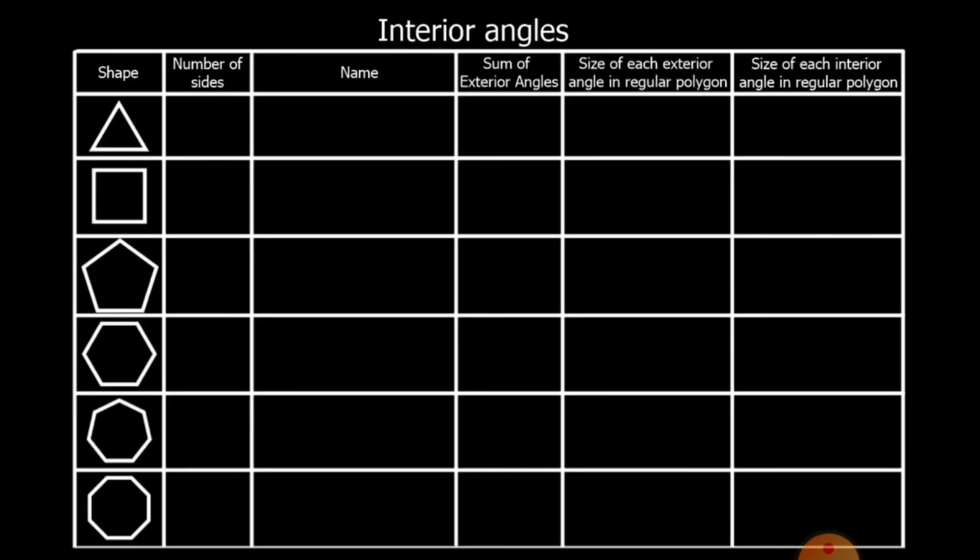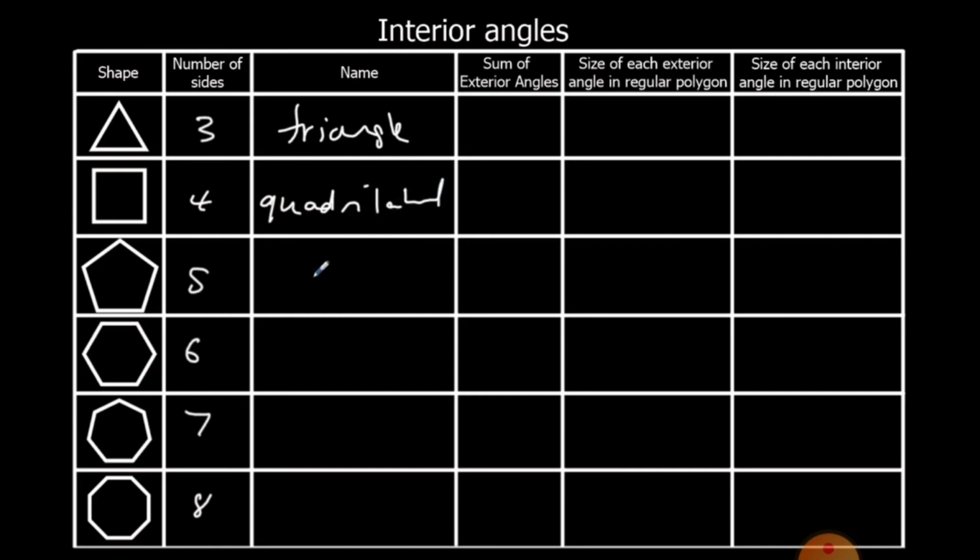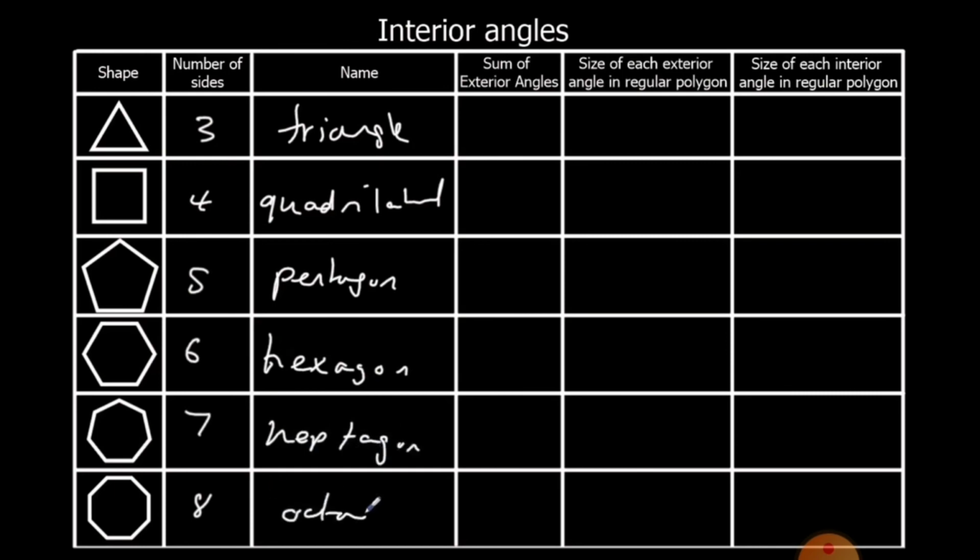So, let's make a summary about the exterior angle. Again, for the shapes, we have the different number of sides. So, you have to write first, then the name. Okay? So, here, these are the different polygons. Then, of course, for the sum of the exterior angles, they have the same sum, which is 360 degrees. Okay? Kahit anong polygon pa yan, kahit 20-gon pa yan, or 50-gon pa yan, always 360 degrees yung sum